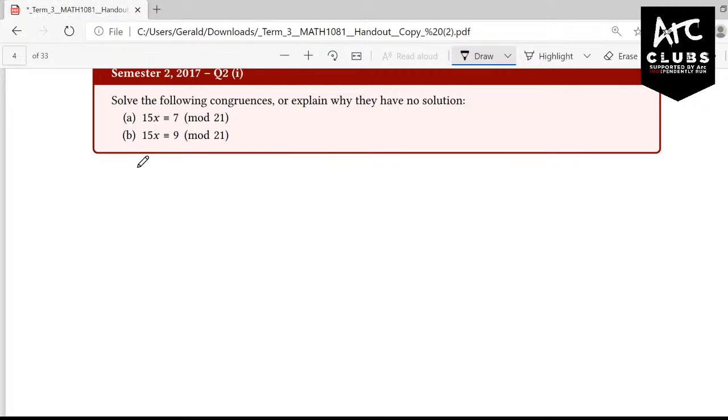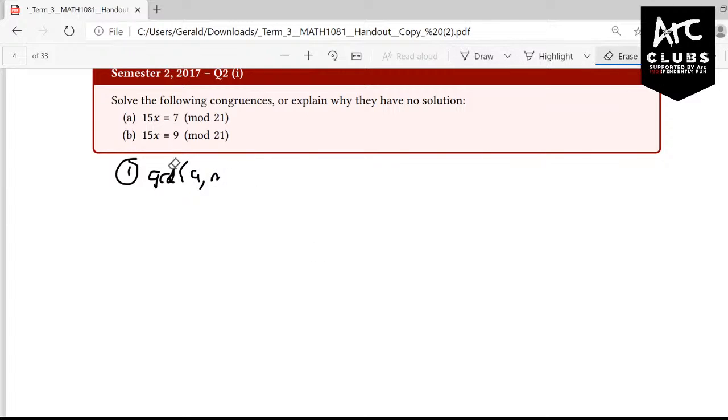The first case is to figure out whether they have solutions, because there's no point in trying to find solutions to something that clearly doesn't have any solutions. You'll be able to tell if a congruence equation has solutions if and only if the greatest common divisor between say A and M